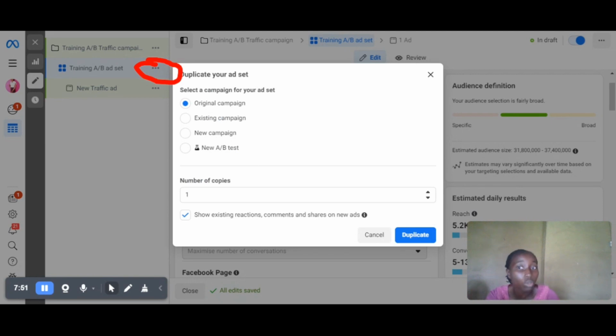With this, you can also change the ad, maybe the copy. You can change your image. You can change your video, and every other thing that Facebook permits to be changed under that. So let's say I want to duplicate the original campaign, and you can also duplicate an existing campaign,